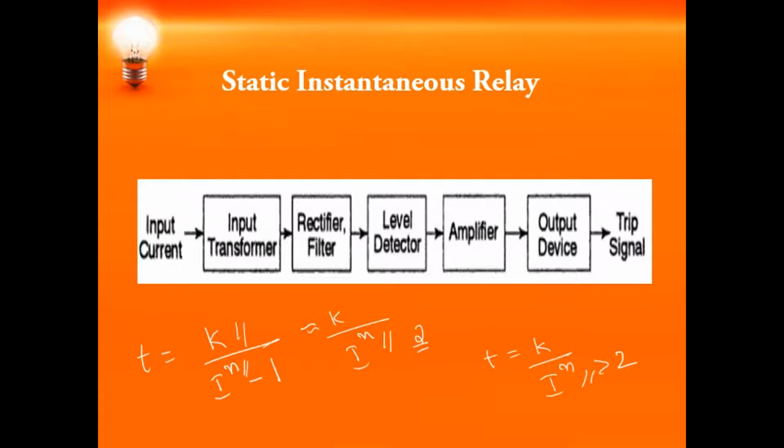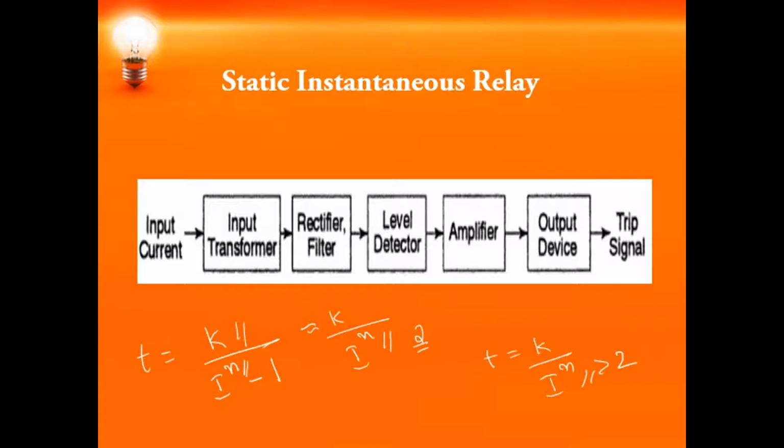You don't have the mechanical inertia, because you don't have the mechanical parts moving, no wear and tear, nothing is there. So you don't have mechanical inertia and bouncing of the contacts. It leads to a very fast operation, a long life, and less maintenance is required. The relay is also in a closed format, so it is protected against dust and pollution.